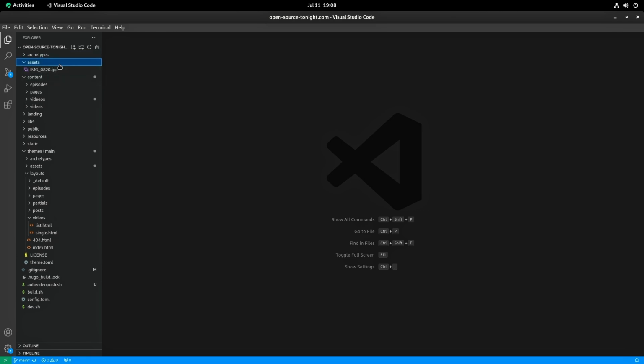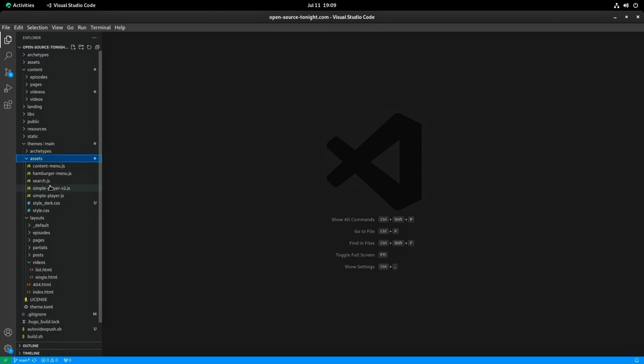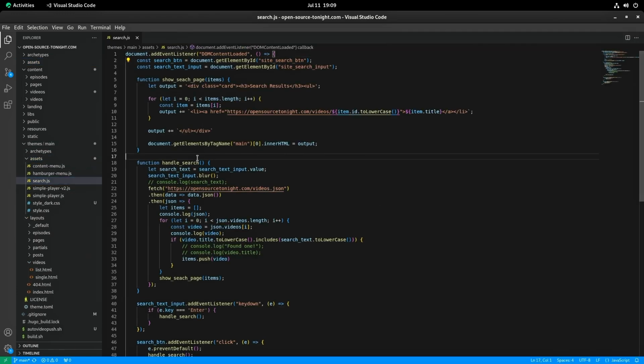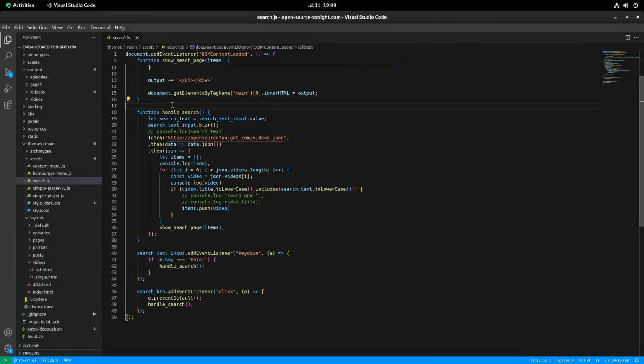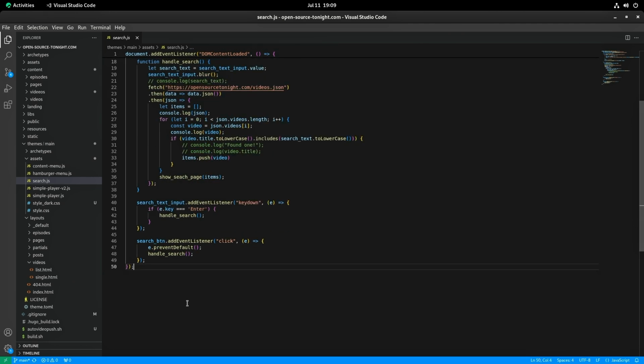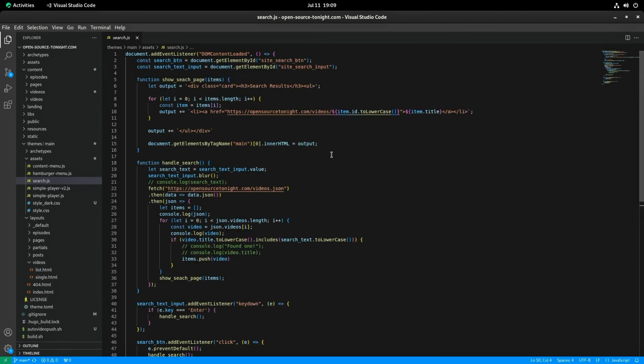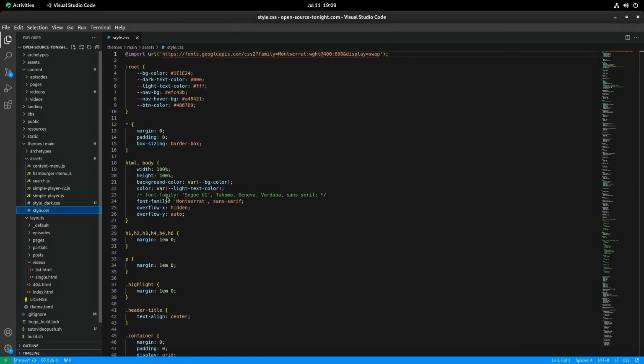If we look at the assets folder here, that one I don't usually do much with. I use the assets folder mainly under the themes. So if we look under here, this will minify the code automatically. You can see this is actually the code that does the search. It's only 50 lines. It's not the best code in the world, but it does work. So that's right there. That's it. This is our CSS. Again, still could use some work as well.